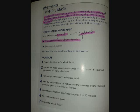Alright, I want you to highlight what the hot oil mask can be used for, and that's in the first sentence. It states here that the hot oil mask can be used for extremely dry, parched, and scaly skin that is prevalent during dry, hot, or windy weather, aka Chicago. Sometimes we have some dry heat, we definitely have that hot heat, and in the cold we definitely have that wind. So some of us may need to use a hot oil mask from time to time,